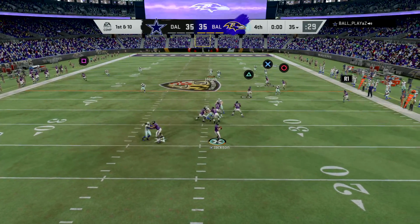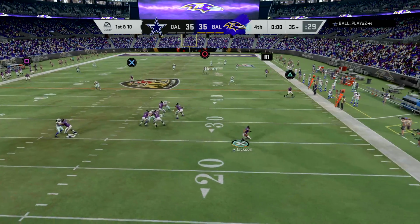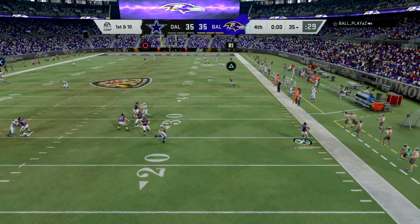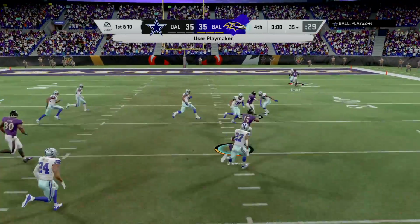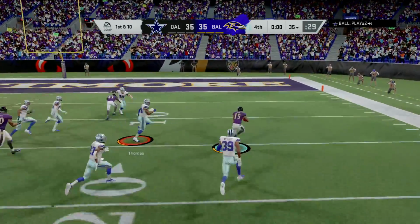And just a couple of scenarios here to keep in mind. One, if you want to be really aggressive, you do throw the Hail Mary and see if you can get something downfield. What would you do? What I would do is either hand it off inside